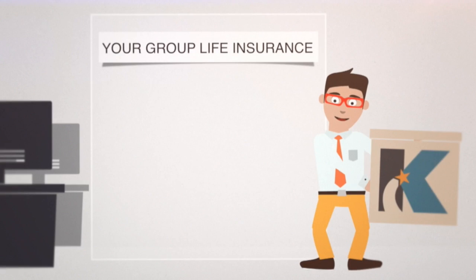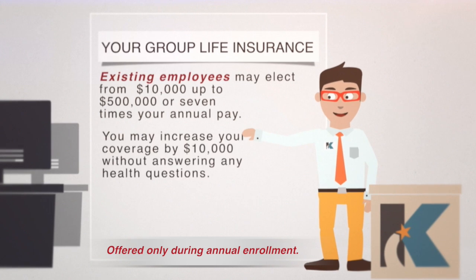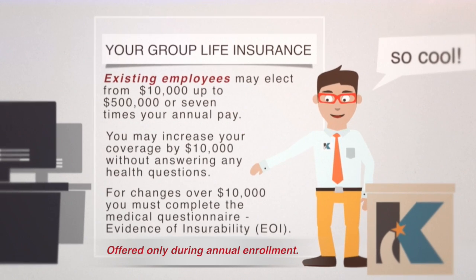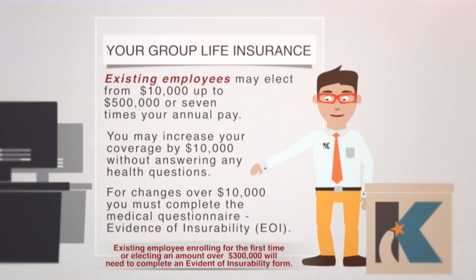Existing employees may elect from $10,000 up to $500,000 or 7 times your annual pay, whichever is lower. If you are an existing employee and currently enrolled in the supplemental life plan, you may increase your coverage by $10,000 without answering health questions. If you're an existing employee but enrolling for the first time or electing an amount over the $300,000, you'll need